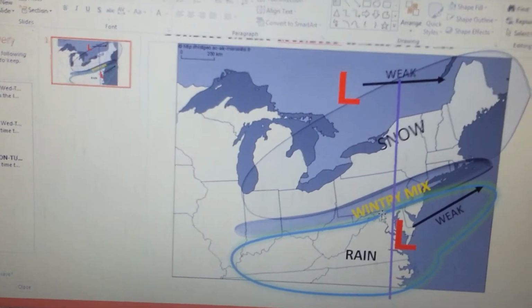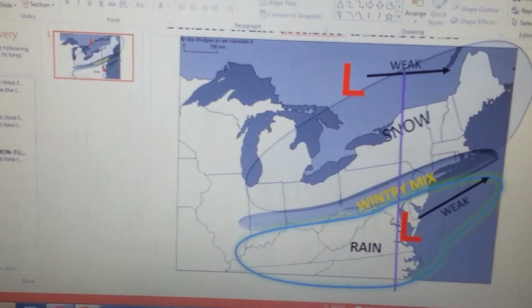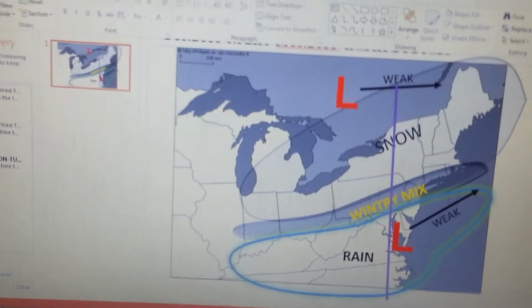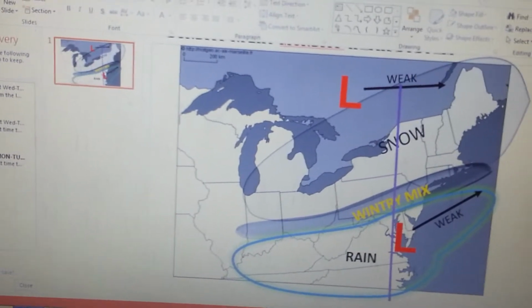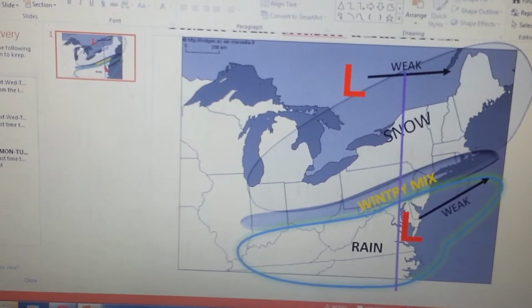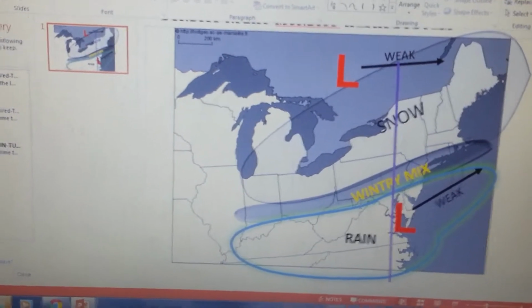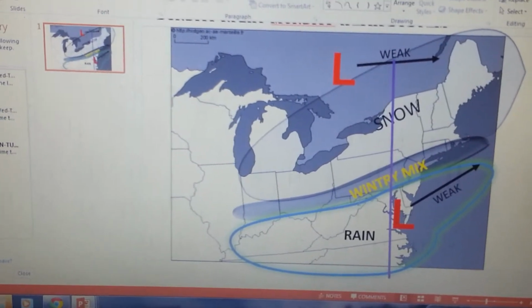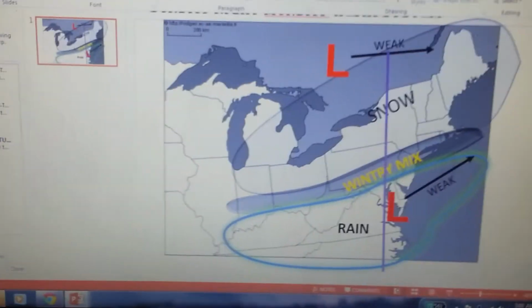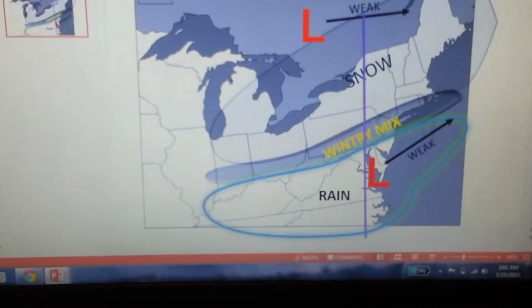Philadelphia is definitely a part of it, and then spreading backward into southern Ohio and Indiana here. This region, so west of this, for Sunday night, you have to watch out for freezing rain. Now, my thinking is I don't think there's going to be sleet because the layer of warmer air is actually not too high up in the atmosphere. So if you do have raindrops falling down, I don't think they're going to refreeze in time to become ice pellets. I think your main concern in this darker gray area is going to be freezing rain, because in the